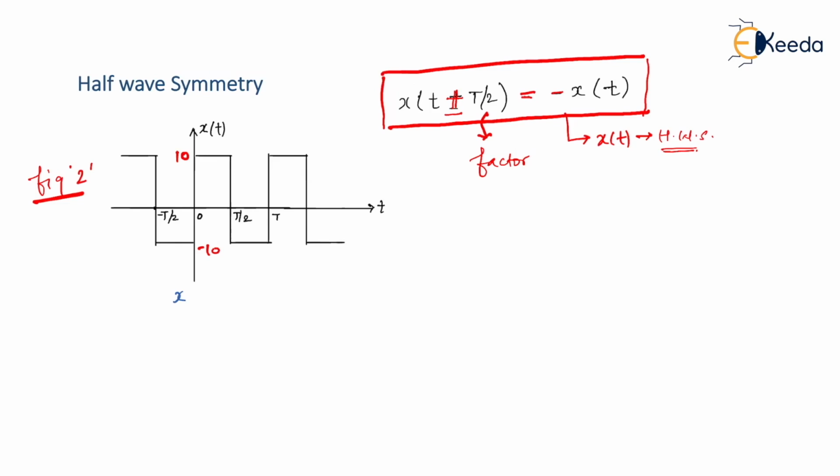So what I'll do over here, I'll try to plot x of t plus T by 2. What I'm trying to do is advance the given x of t signal by T by 2. You know that whenever you advance by T by 2, every interval should be subtracted by T by 2. So 0 minus T by 2, then T by 2 minus T by 2. Here T minus T by 2 will happen. Even on the negative side, minus T by 2 minus T by 2 will happen, right? So let us try to draw x of t plus T by 2.